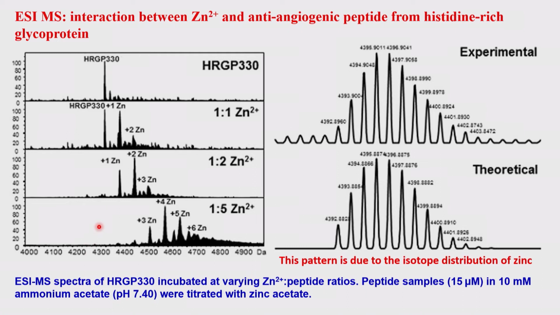That means all protein molecules are combined with the zinc ions. Some protein molecules with 1 zinc ion, a large number of protein molecules with 2 zinc ions, very few protein molecules with 3 zinc ions. You can expand each of these, you will get the isotope peak pattern. You can completely fit